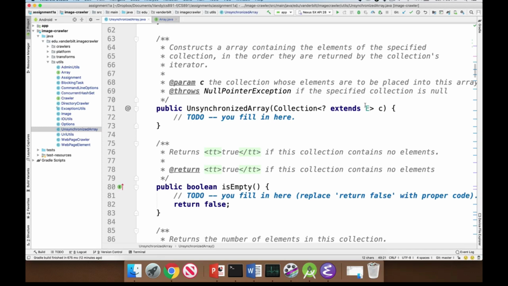And so what you'll do here is, the first thing you need to do, of course, is check to see whether or not the collection reference that's passed as a parameter is null or not. If it's null, you need to throw a new null pointer exception. If it's not null, then you'll need to extract the elements of the collection as an array, assign that to mElementData, and then you'll have to update the mSize field with the size of